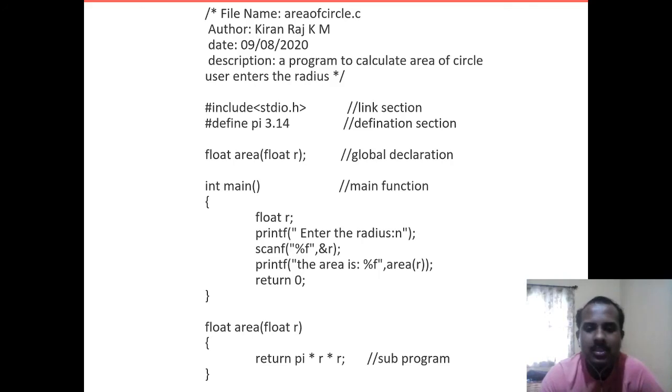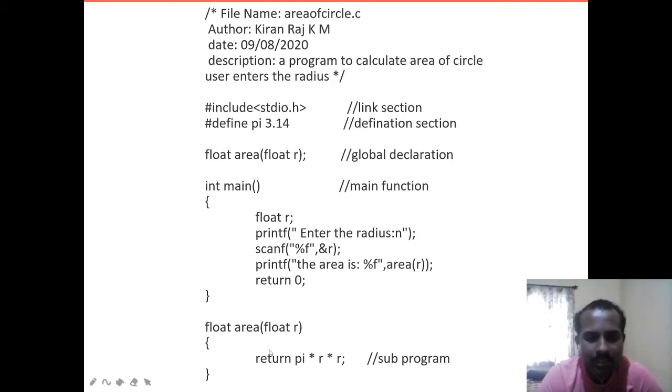Next, coming to the main section. As I already mentioned, every section is optional except the main section. In your program, you should have the main section. The main section will have two parts: the declaration part and the executable part.